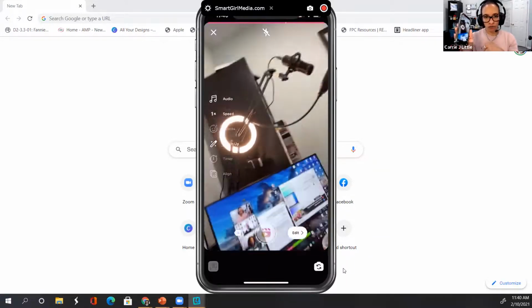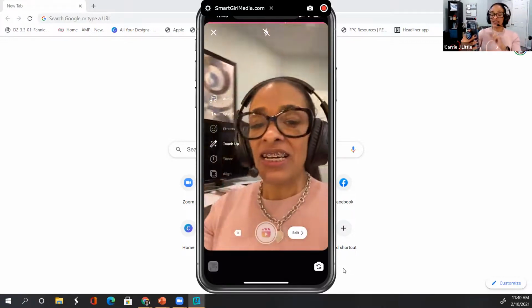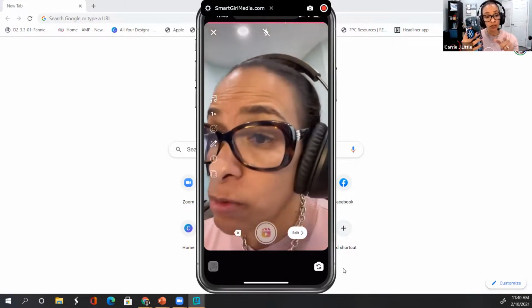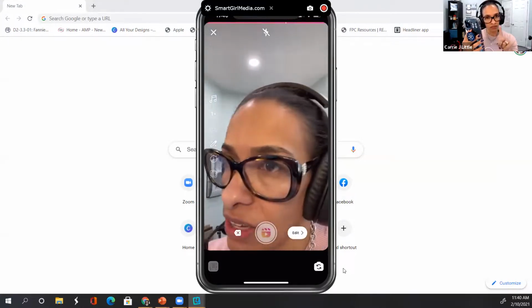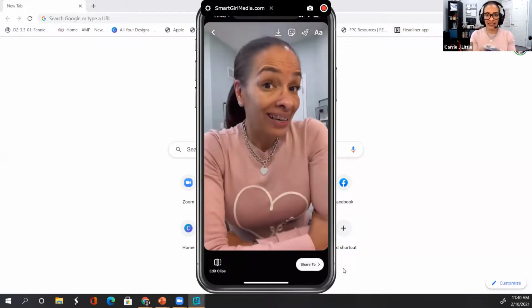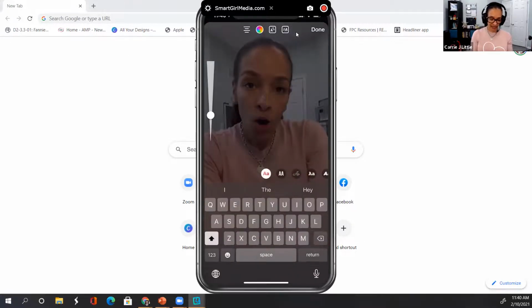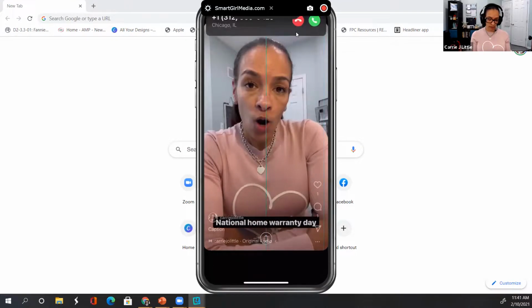And so now, once I create my, oh, you can see my desk space. Now when I click edit, and by the way, you can see I have music. If any of you are interested in music, let me know. When I click edit, I now can add a sticker. I can add text, national. You're like, how do you know it's National Home Warranty Day? National Home Warranty Day or International Home Warranty Day. So I can add text and then I can make my post.